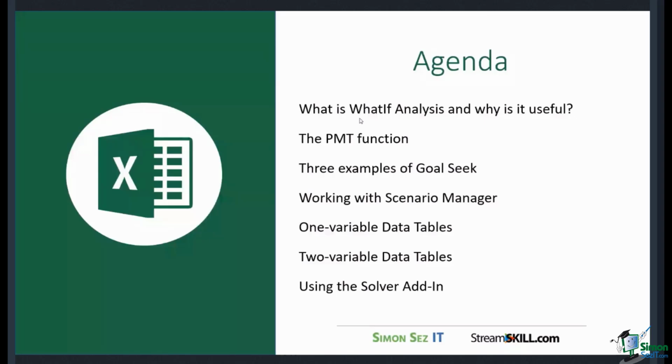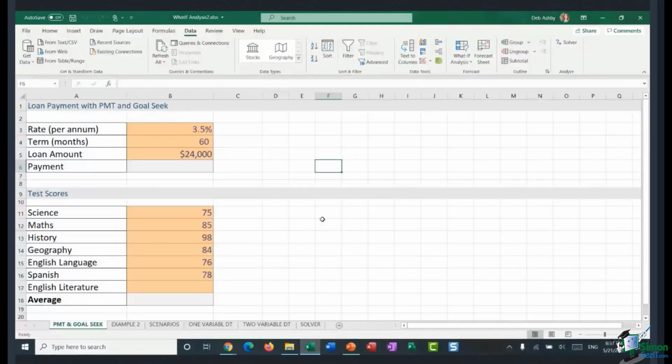So let's just start out very briefly with that first question. What is what-if analysis? Right, so we're talking about what-if analysis. So what-if analysis is basically the process of changing the values in cells to see how those changes will affect the outcome of formulas on the worksheet. Now, as I said, I can sit here and explain it to you, but it's really not going to make much sense until you start seeing some examples.